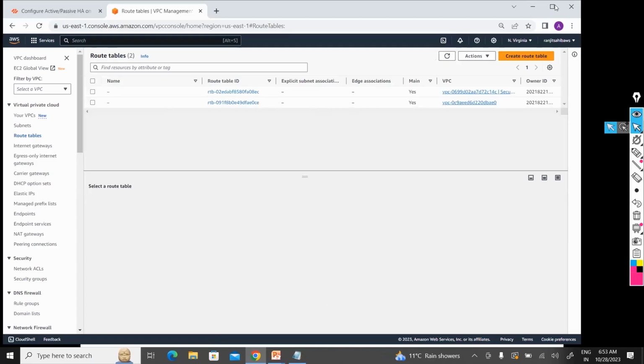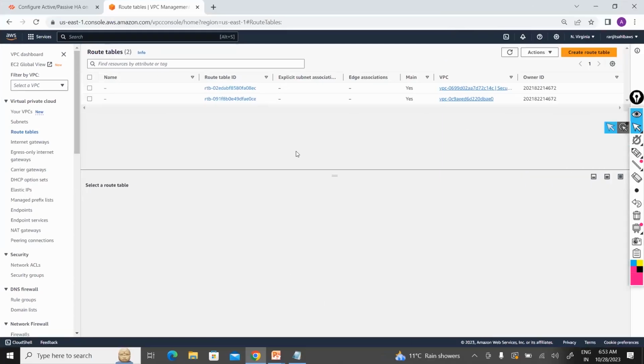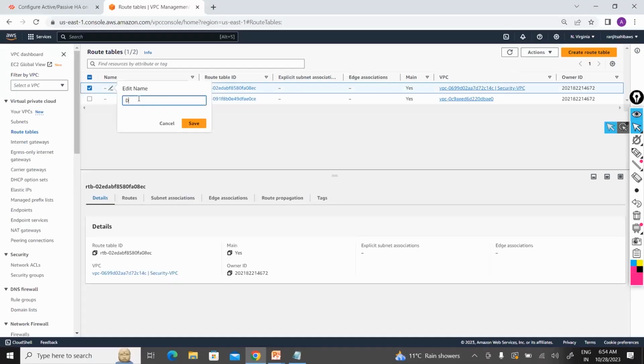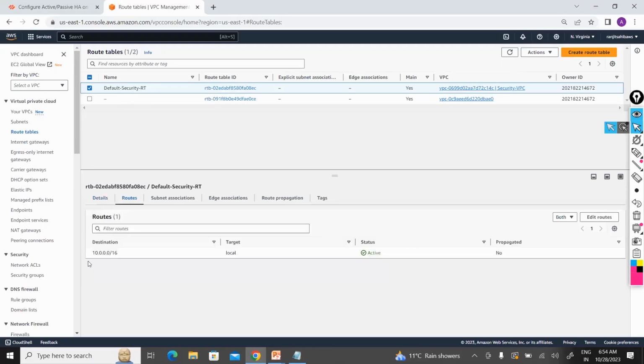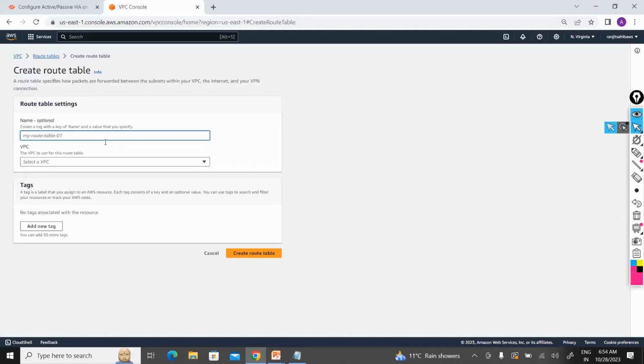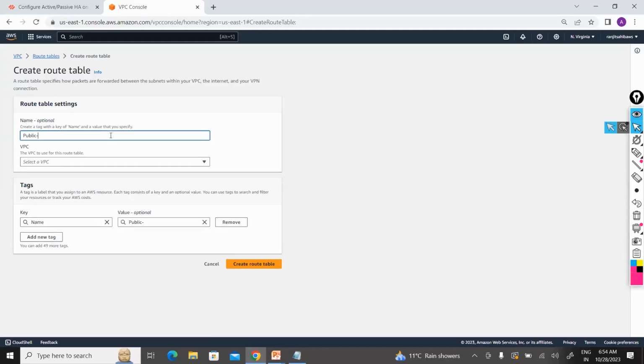Okay, 1 second, guys. Let's add all the names. Default security route table. Yeah, this was the default routing table for my security VPC, right? So if I see that it is covering all, right? So I can use that, but let's suppose this is our first time, so we will create two separate routing tables. This one I will create my public